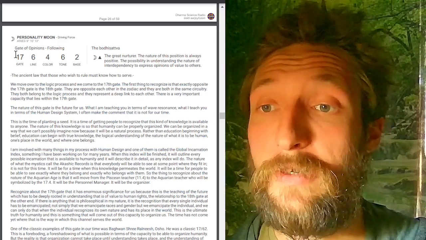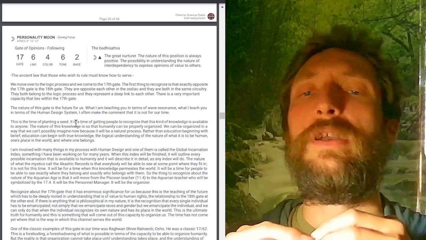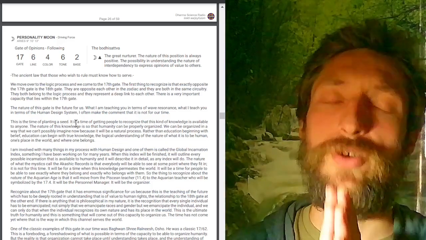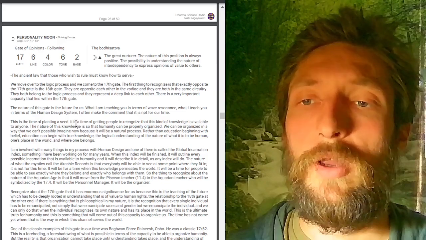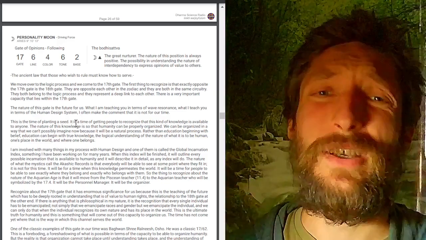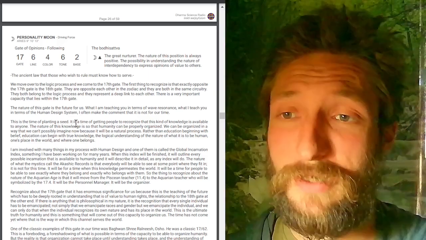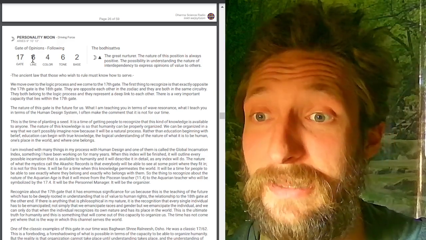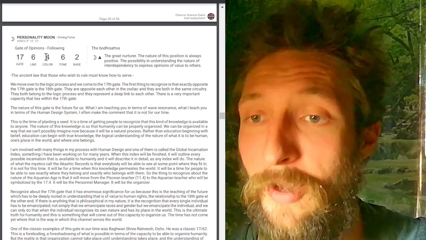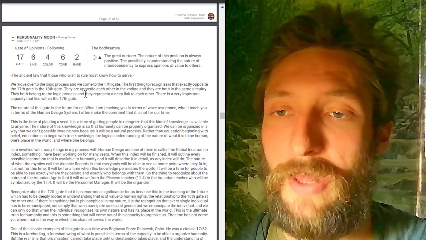So there's a lot more information we can go into, and even talking about these sharings that Ra gave around the line of a gate and being able to read that can help to gain more information into the big picture of what's going on here in the body graph, and not simply looking at isolated puzzle pieces, which is really what I'm here to do, is to take all these individual puzzle pieces like the 17th gate in the 6th line with the 4th color, and what does that actually mean? How do we actually make sense of that?